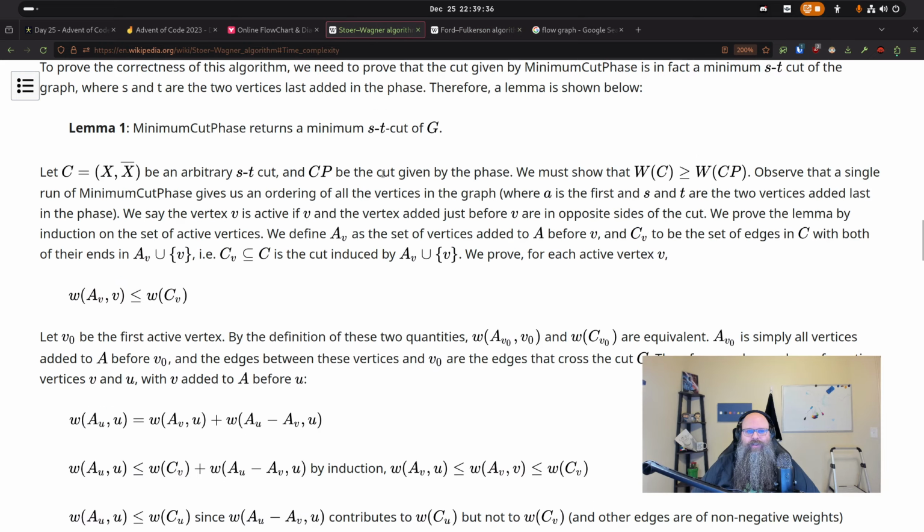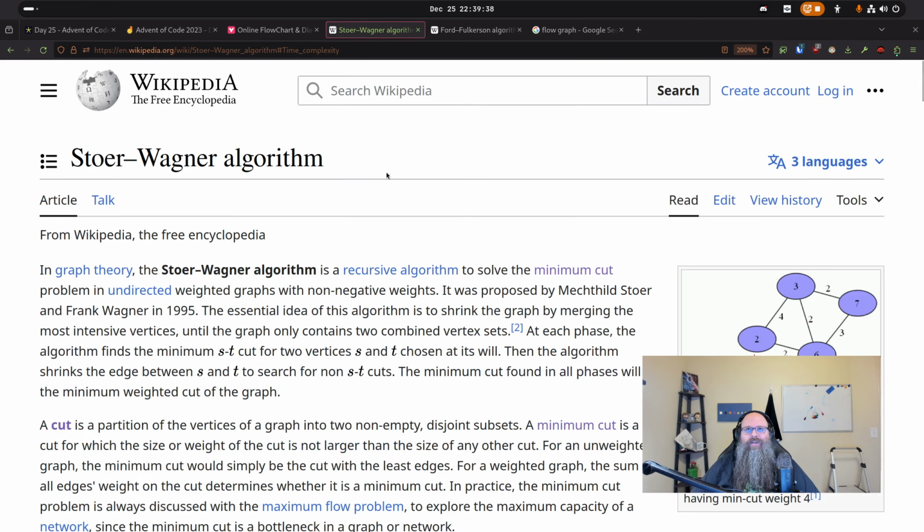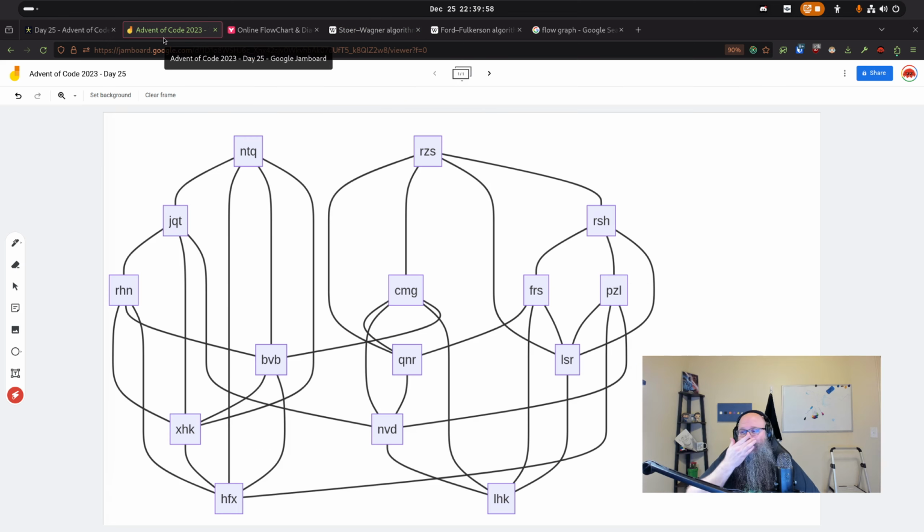Or you might come to Stoer-Wagner. This one's actually more closely related to the solution because it's an undirected graph. It does use weights in the graph, so you can see it's a weighted edge. But in our case, we can just assume the weights are all 1 and solve it with this one. But let's talk about why this is important, and maybe pique your interest for when we come back and actually